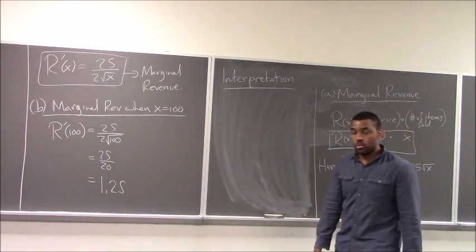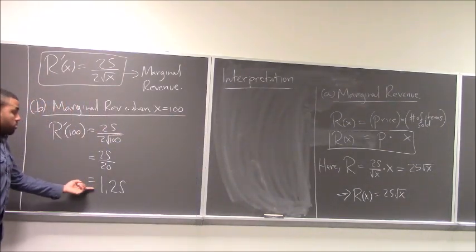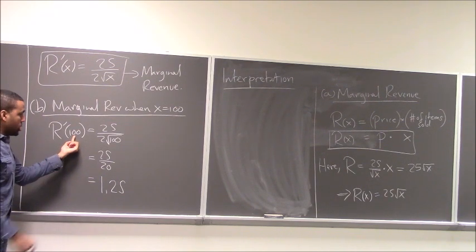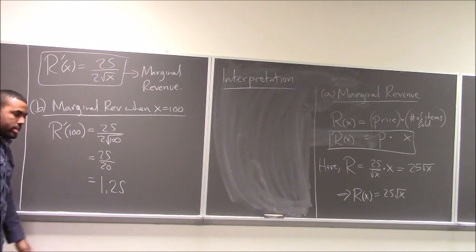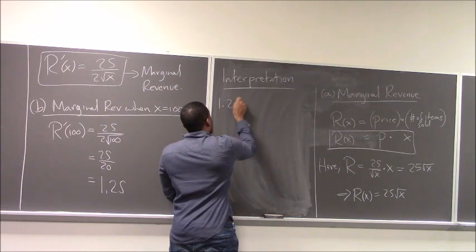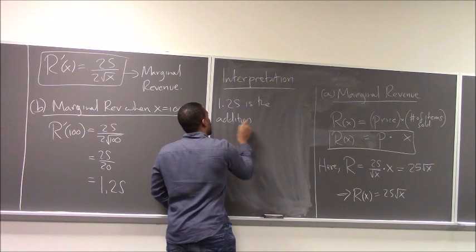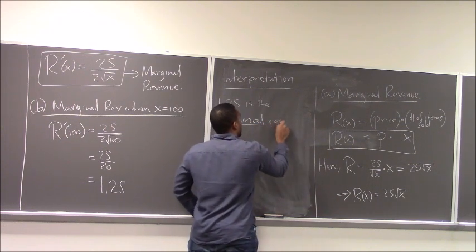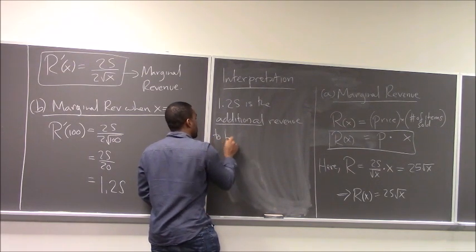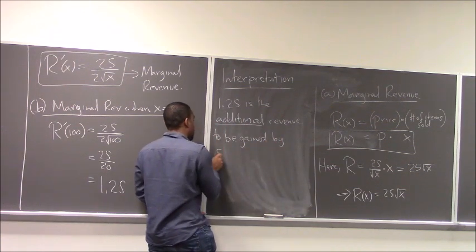Yep. When you produce one more of the thing, you make $1.25 more. So the marginal function at a certain point tells you the additional change you will incur by going one more step, right? That's kind of our interpretation. So here it's basically saying 1.25 is the additional revenue to be gained by selling